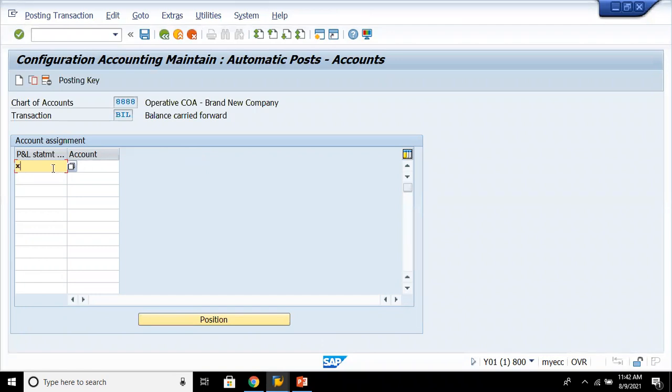Here we maintain X as the statement variant. And as I said, assuming the first GL account to be created is the retained earnings account, here we maintain that account. It would give us a warning message because we have not yet configured this account in our chart of accounts. No problem, hit enter and save it, and remember,